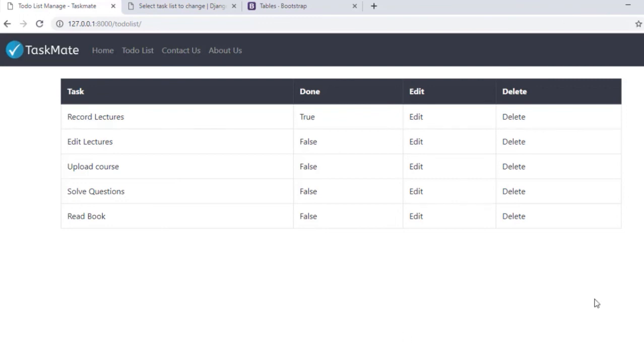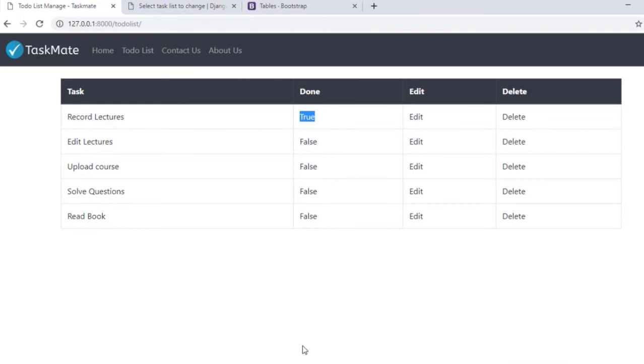Welcome back. Now in this lecture, we are going to do some quick tasks. The first one is we are going to check if the content is already done. So if it is true, we should write done instead of this true, and the row color should be changed. So we need to use an if condition. That means if the task is done, we are going to change the color of this row. And if it is not done, then we are going to use the same setting. The second thing is if the task is done, we are going to write done, else we are going to write not done. So let us do that.